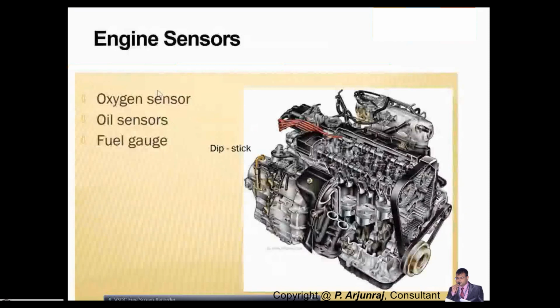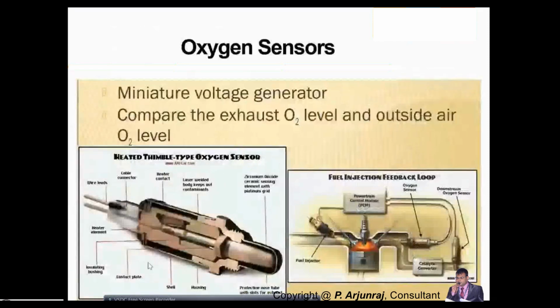So you have the sensors. The key important sensors include the oxygen sensor, oil sensor, and fuel gauge sensor. This is the oxygen sensor, which will compare the exhaust oxygen level and also the outside air level. Because air contains oxygen and nitrogen, oxygen is required to burn the fuel for combustion to take place. You need to have the required amount of oxygen, and this oxygen sensor